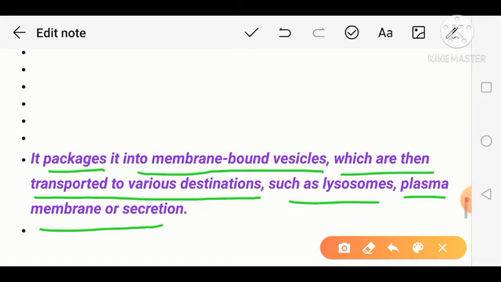So we can say that Golgi complex is one kind of post office. They sort all the letters for their destination. Similarly, Golgi complex also sorts the protein for their different destinations. That is, whether protein is going to the lysosome, to the mitochondria, or to the plasma membrane, or they go for the secretion out of the cell. That is decided within a Golgi complex, and this process is known as protein sorting, which takes place within a Golgi complex.